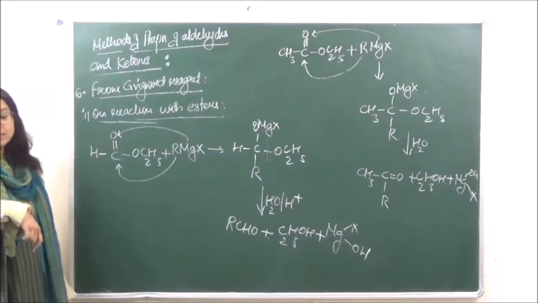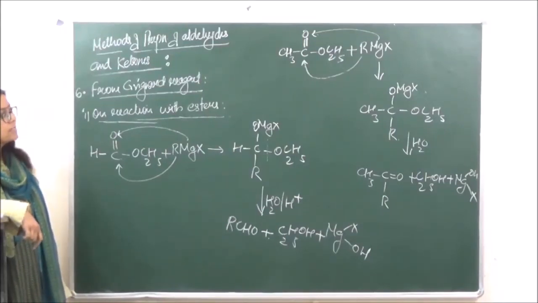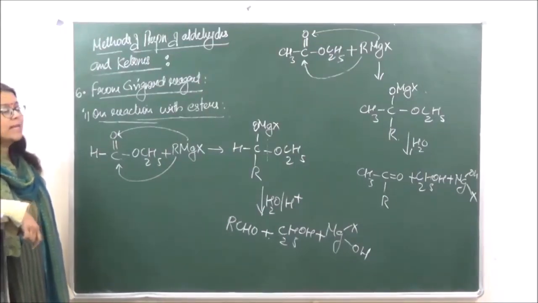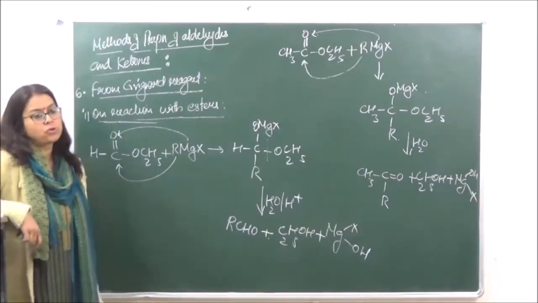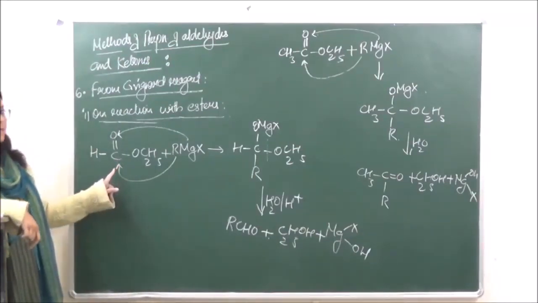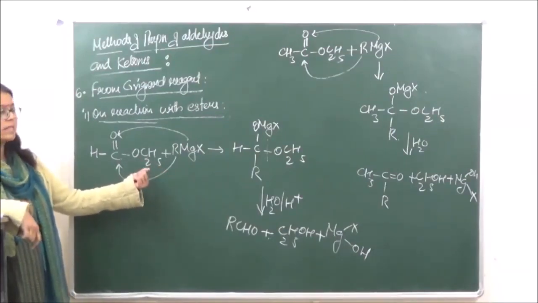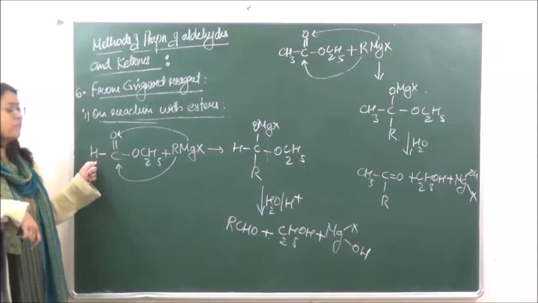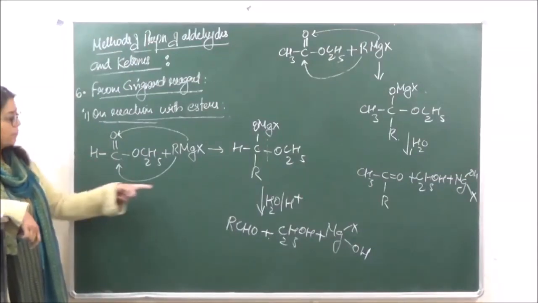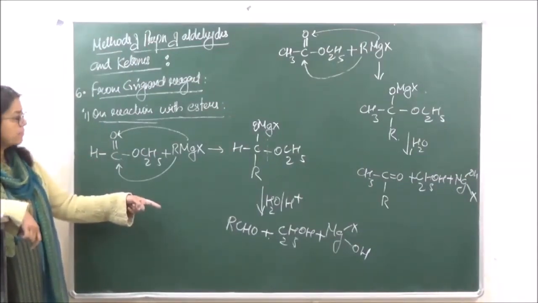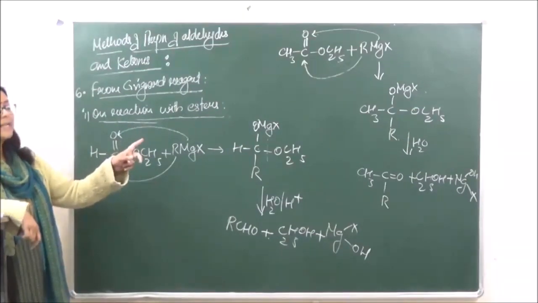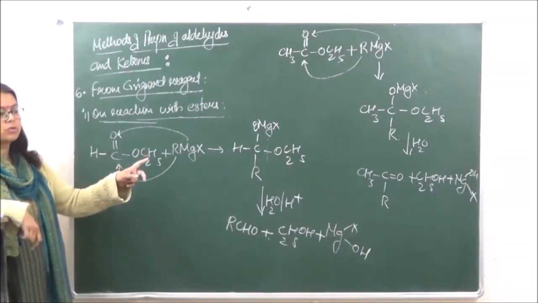So it's generally the formic ester which is going to give us aldehyde. Rest all the esters they are going to give us ketones. Only this is going to give us aldehyde. Whether here it can be C2H5, it can be C3H7, it can be anything, but on the left hand side of the carbon there should be hydrogen, then it will give us an aldehyde. Otherwise all of them are going to give us ketones, right?